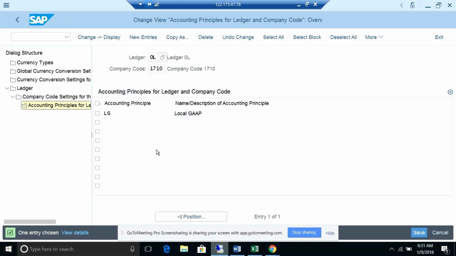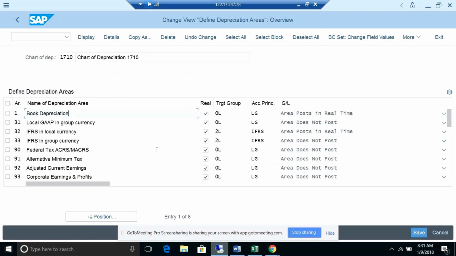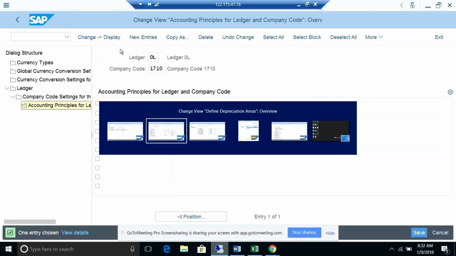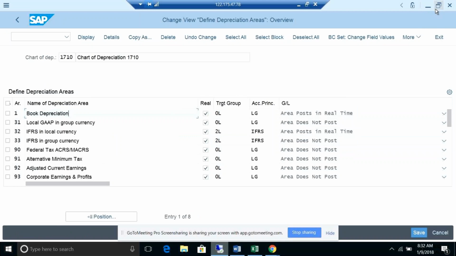Okay, so do some practice here, so you'll be very clear on this part, because there are multiple screens and multiple things which we need to take care of and keep in sync. I showed everything, but you add only the book depreciation area and try to experiment there, and slowly you can add one more depreciation area and accounting principle, attach more, and experiment. But finally the result will be the same. Whatever principles I'm saying, the same principles will be applicable, and in the same way you will get the reports. This is one area. Let's go to further configuration nodes. This is a very important area basically.